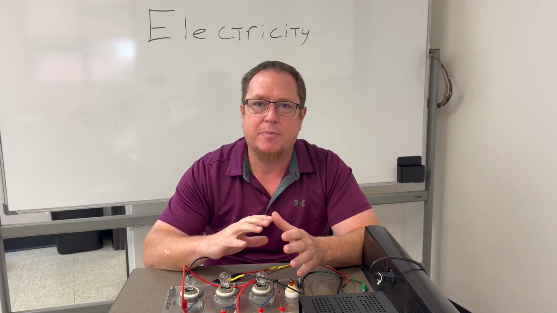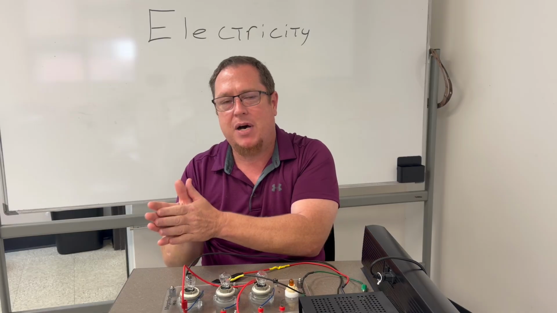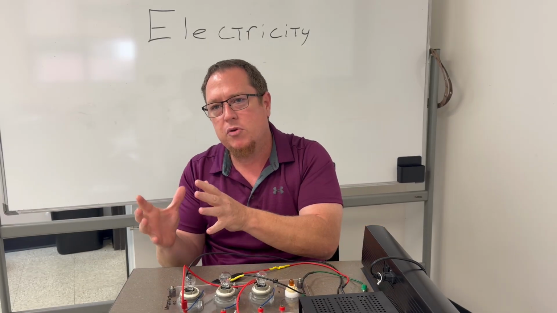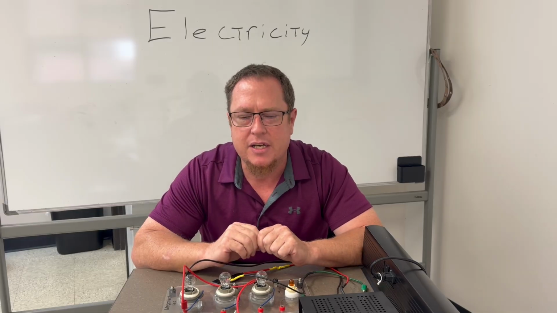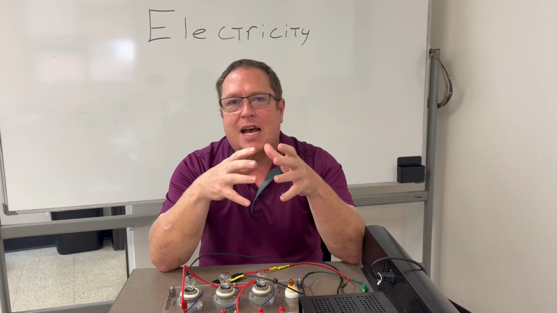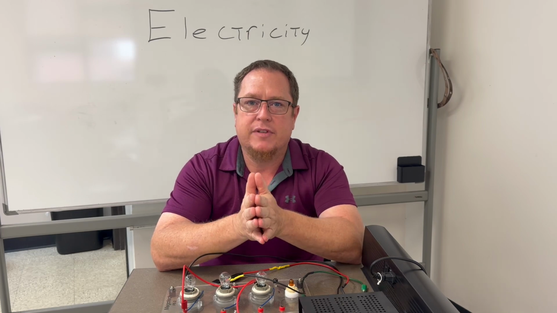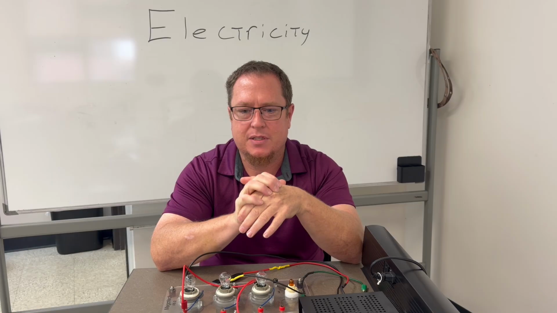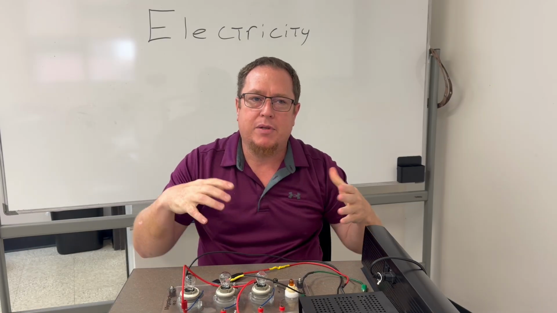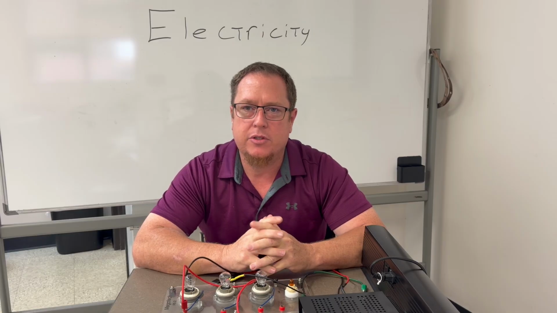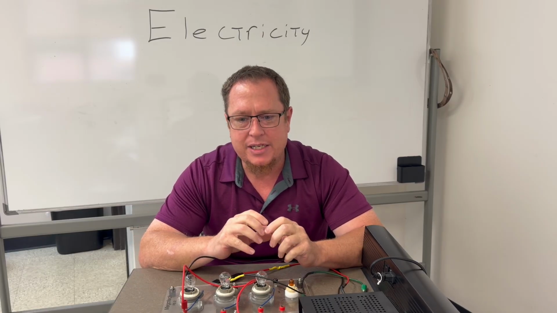And if you've ever looked at your batteries, we know that we have a positive end of the battery and a negative end of the battery. So the electrons are going to move from one end of that battery to the other. First we have to have an excess charge of electrons, and that's where our battery or our storage device comes in. Once we complete a circuit, we hook some wires and a load to that battery,